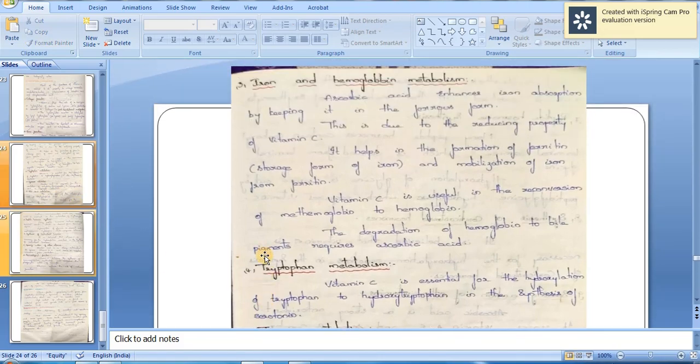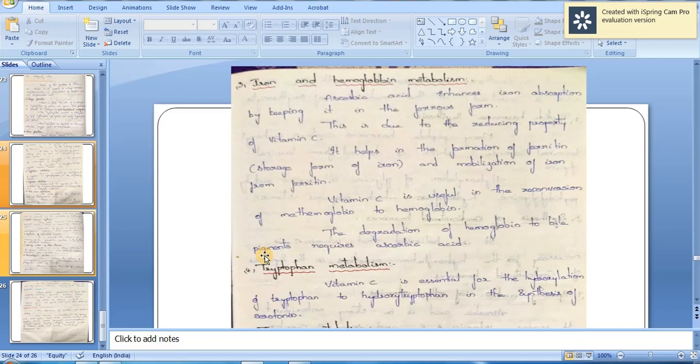and hemoglobin metabolism. Ascorbic acid enhances iron absorption by keeping it in the ferrous form. This is due to the reducing property of vitamin C. It also helps in the formation of ferritin, that is nothing but the storage form of iron, and mobilization of iron